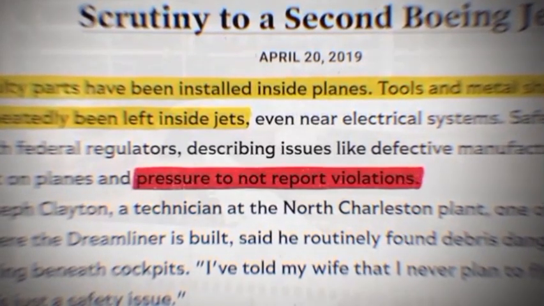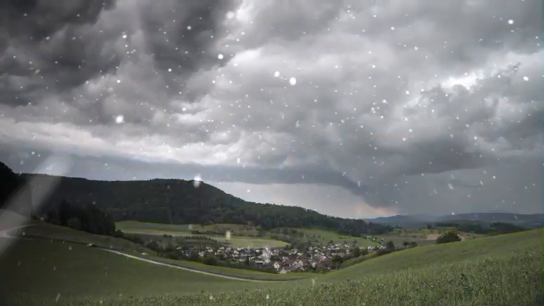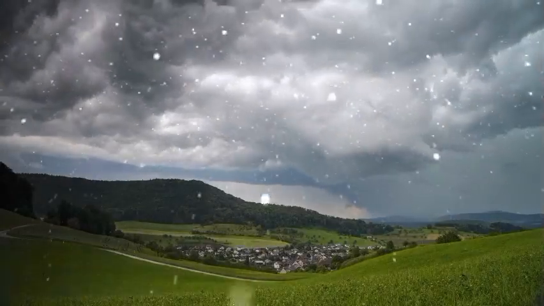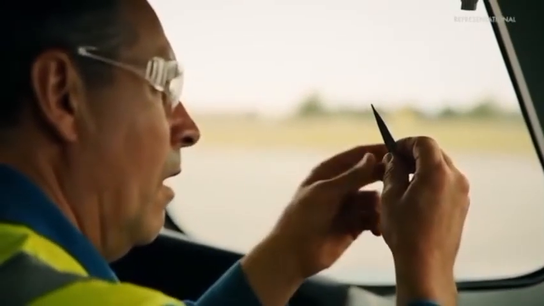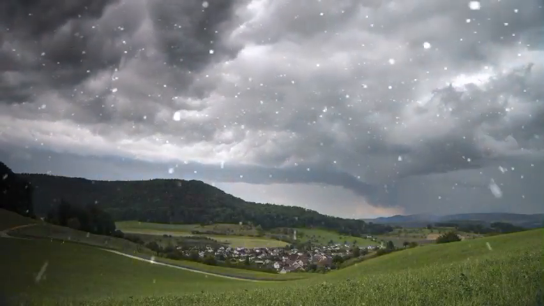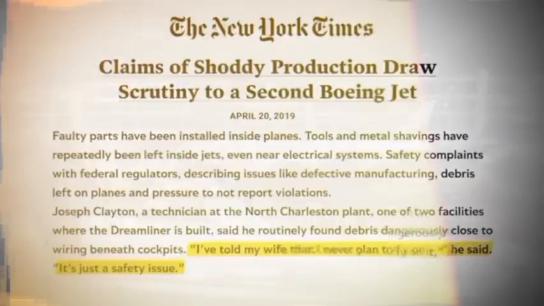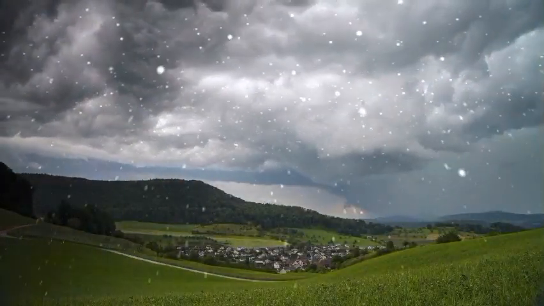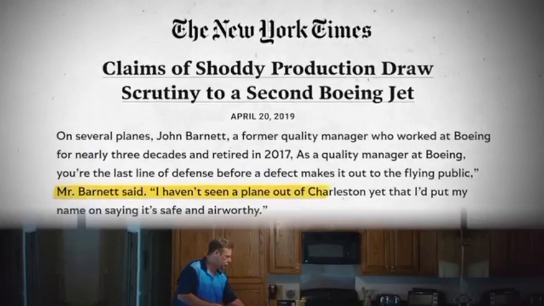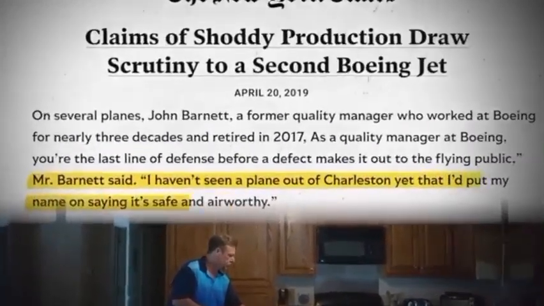these violations. According to a technician working in this Boeing factory, Joseph Clayton, he often found pieces of metal near the wires under the cockpit, because of which he told his wife that he himself would never fly in a Dreamliner. The quality manager, who worked in the Boeing company for more than 30 years, John Barnett, had said that no such plane has been made from this factory, about which he can say that it is safe and capable